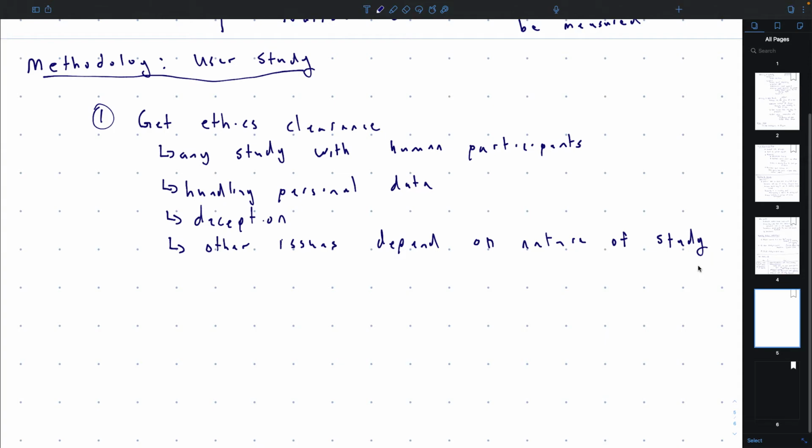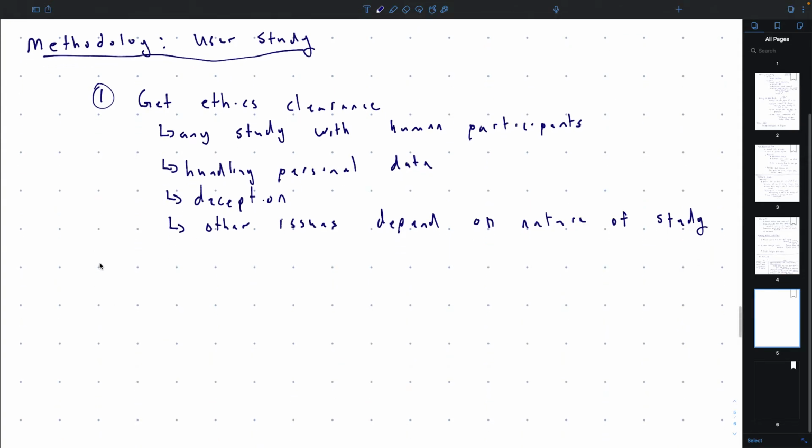When companies get publicly burned for doing unethical things, then they might institute ethics boards within their organizations and things like that. But anyways, whether you need ethics clearance depends on your situation. Academics definitely need it, and not all universities around the world necessarily have an ethics board either. So this is the first step: check and make sure that if you need ethics clearance, you obtain it.